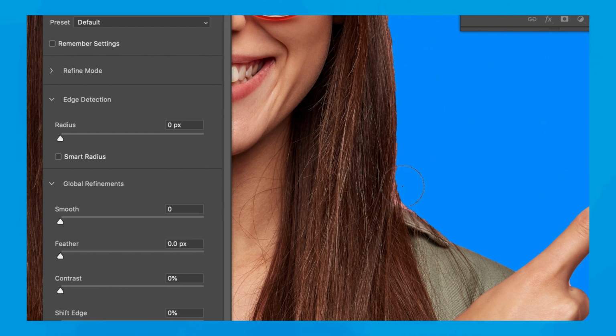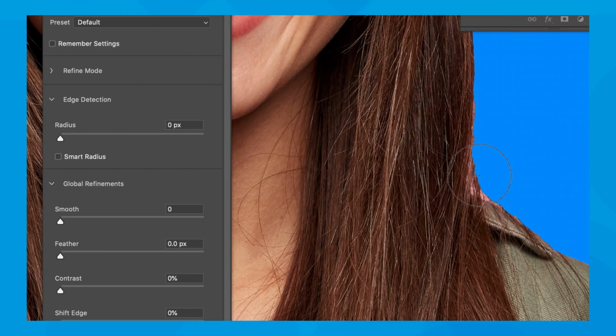You can see I've got a bit of pink here I want to get rid of. I've got a little bit of colour there, so I'm going to be a bit more careful here. I'm just going to make my brush a bit smaller and just sort this bit out here, and it kind of magically makes hair reappear that you couldn't see before. And that's not looking too bad.